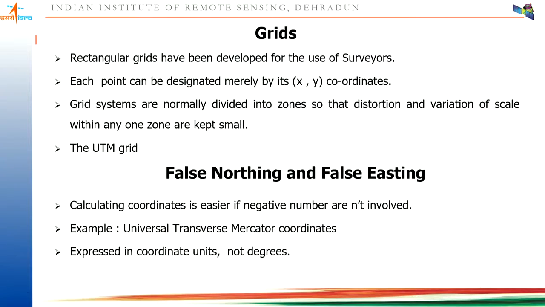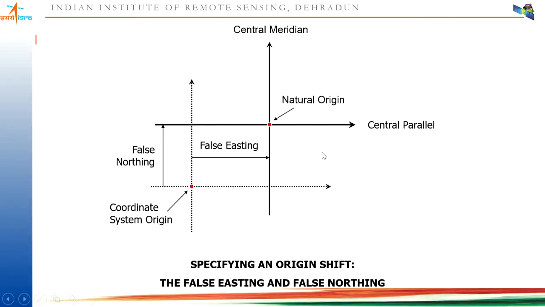We will have a concept of grids, where distortion should remain within the particular grid. We want to minimize the distortion basically. So grid systems are normally divided into zones, so that distortion and the variation of scale within any one zone are kept small. The examples are basically UTM grids, and before that we will have one concept of the false easting and the